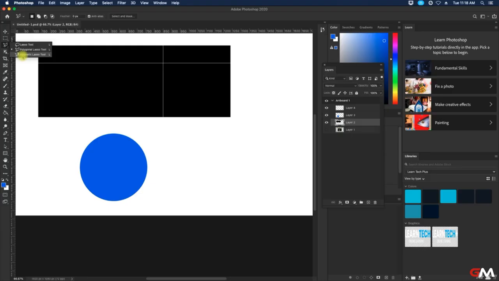If I right click and we do the magnetic lasso tool, you'll like this one because this has got points. So this will curve. It's magnetic. So if it's on a shape like this circle, then it's going to snap to the edge of the circle and go all the way around. And it makes it really easy to select this circle, right? Same with this rectangle or the marquee here. I can go there and I can go around and come back and down and around. Now, if you go too fast, it won't snap correctly like it did with the circle. But if you go just the right speed here,